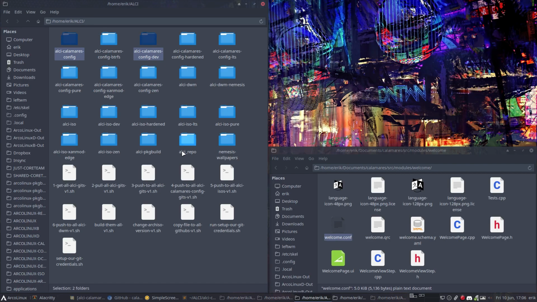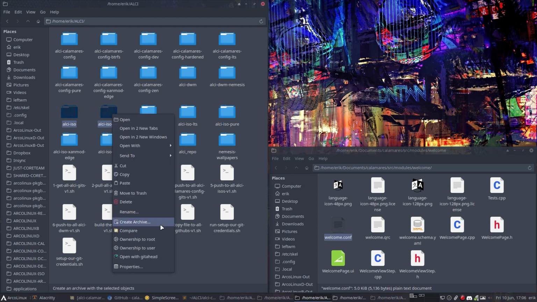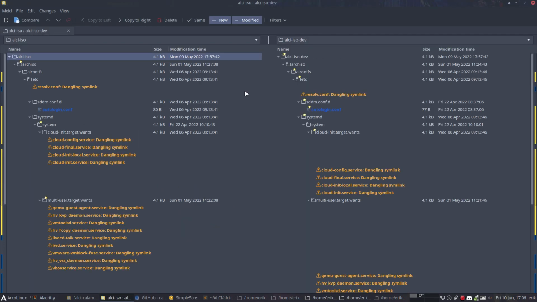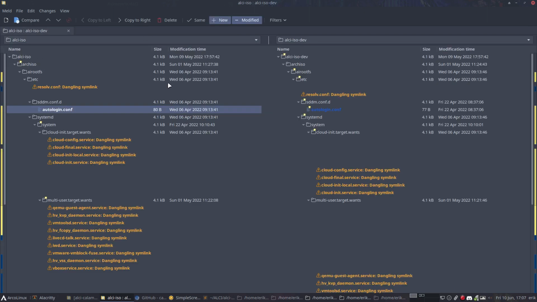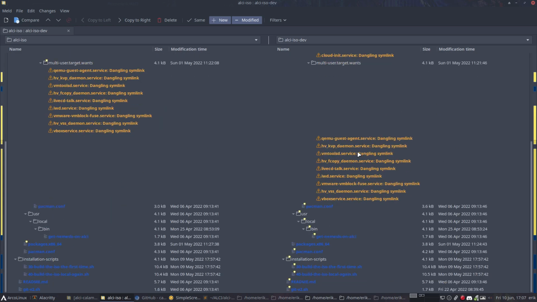Let's visit ALCI def and ALCI ISO. The tool melt, compare. Okay, why is this different? Because on this one we use DWM ALCI as session, so our own personalized desktop based on DWM, and this one is XFCE, so that's okay. These four are here, these four are here. 1, 2, 3, 4, 5, 6, 7, 8, 9, and 1, 2, 3, 4, 5, 6, 7, 8, 9. Okay,